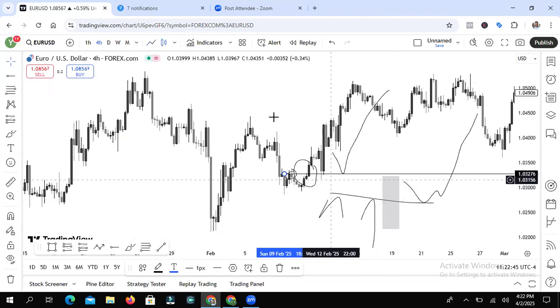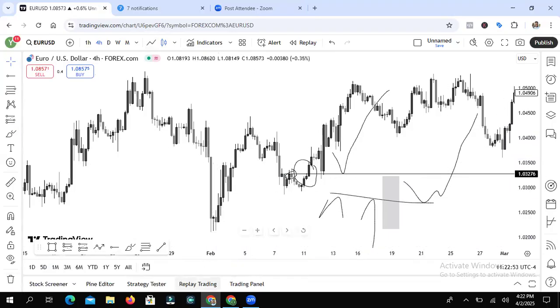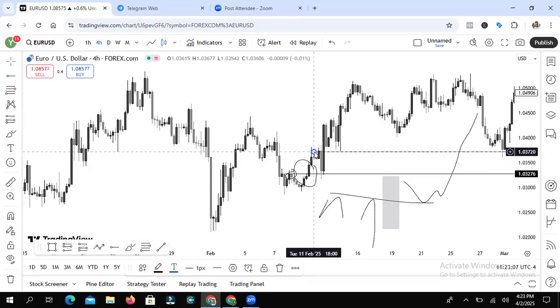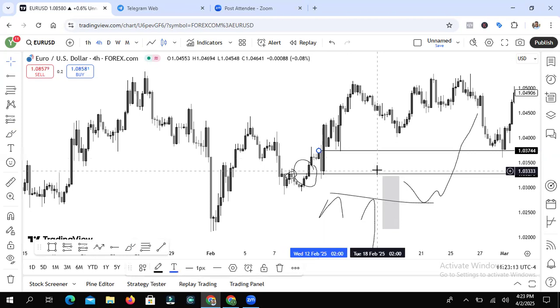Now, another example I want to show you. This one, we call it continuation setup. Like I said, any A-shaped key level that got disrespected to the upside with a candle with a full body closure like this, you expect market to come back into it. Look at this A-shaped key level right here. So if you miss the entry at the beginning here, this is your second entry.